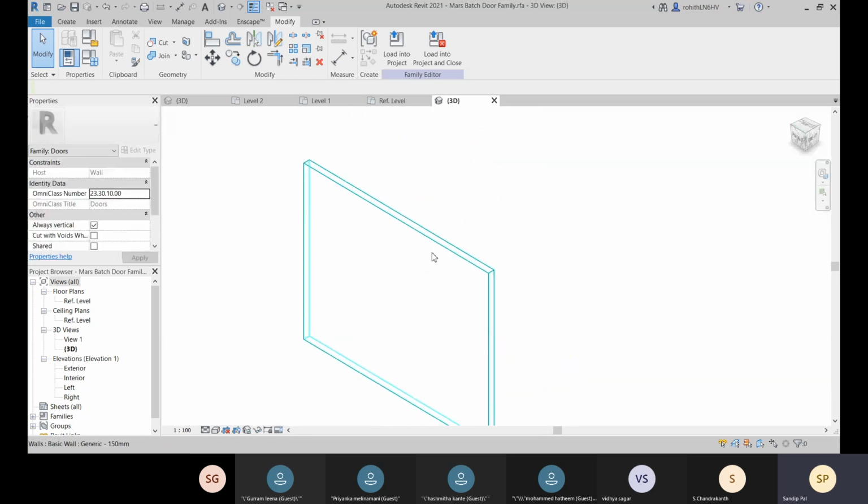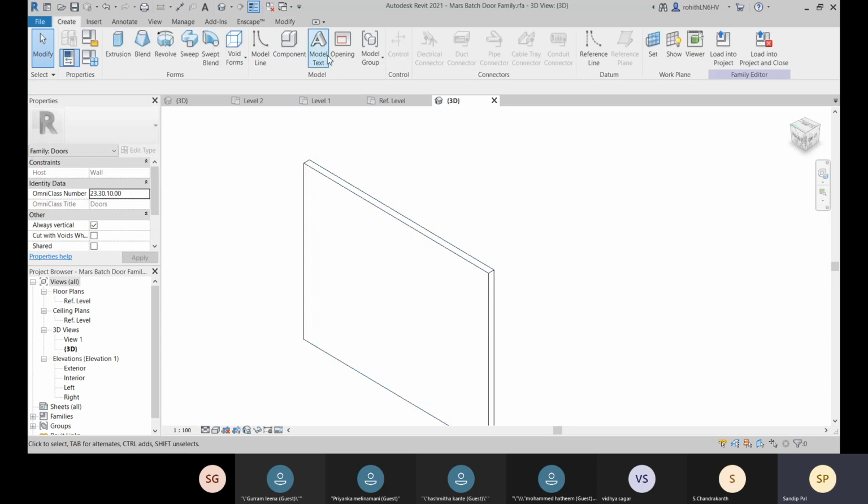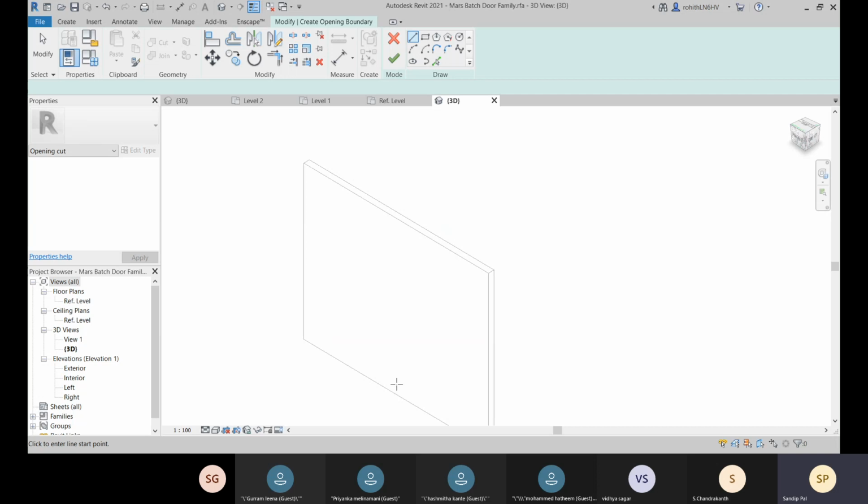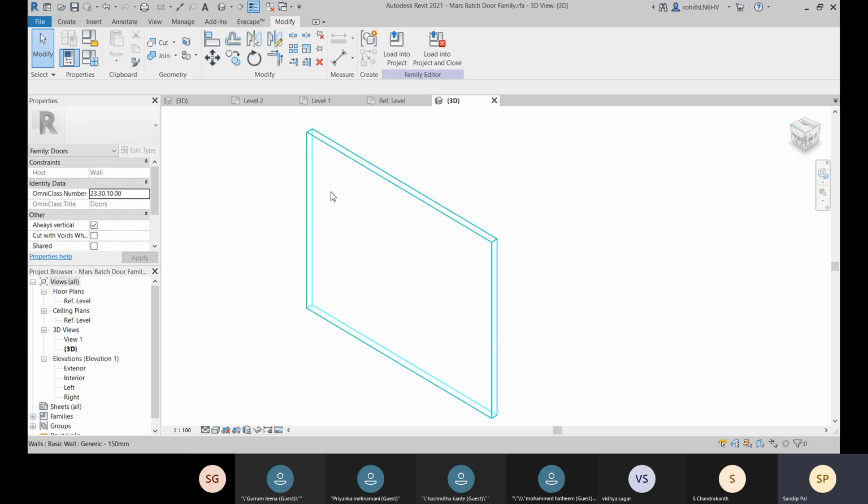Let's go to Create and choose the Opening option. For creating this opening, I will not choose this 3D view, because there I cannot place it at the center, and there would be lots of work to place it perfectly at the center.